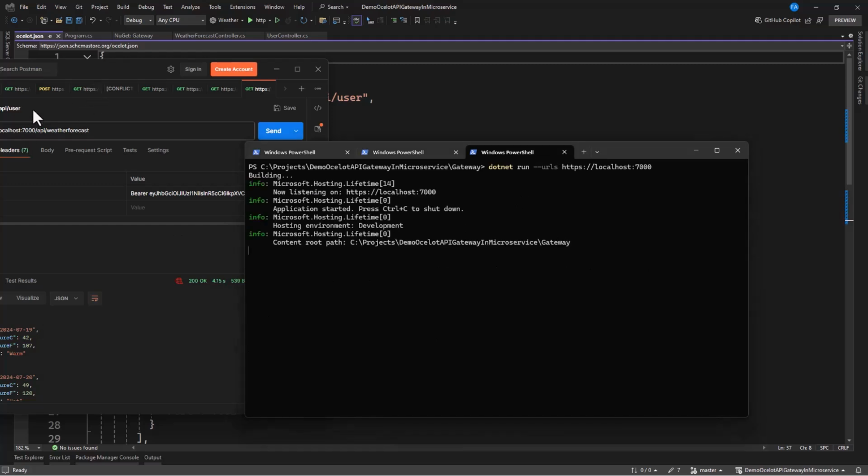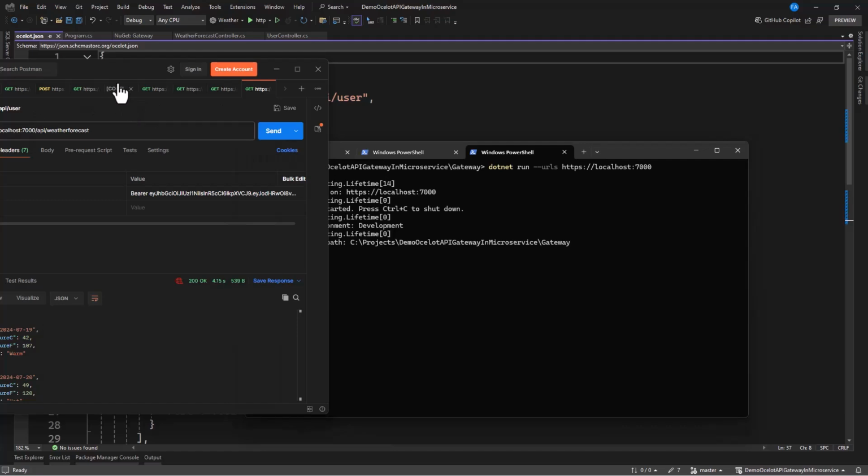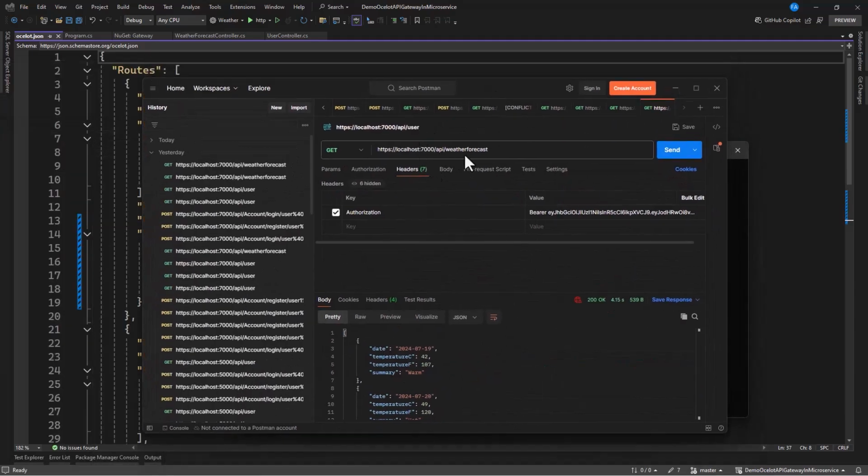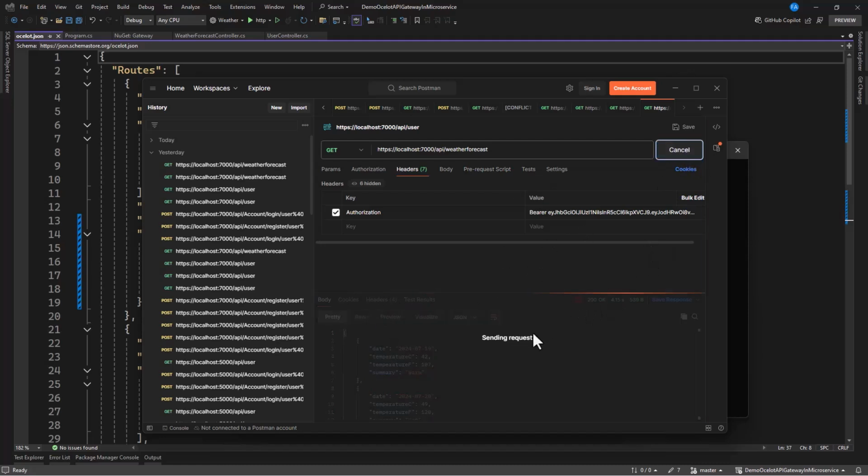This is also ready, so we can go ahead and bring our Postman, and I can see from here we want to access weather forecast. So it's going to take 4 seconds, 15 milliseconds. That's the normal time, isn't it? Let's click on it once more, and it should take 4 point something seconds. Now the next request, since we have introduced caching, is going to take some milliseconds, not even seconds. So click on it and check it out.